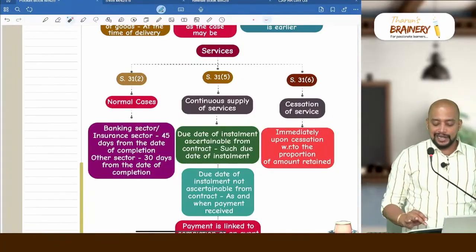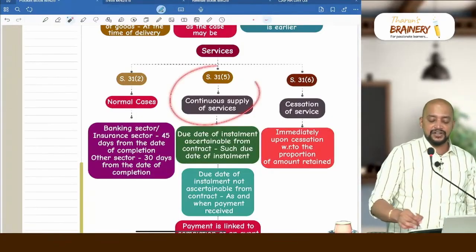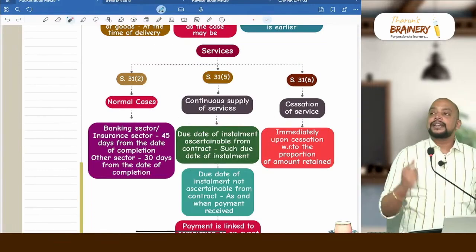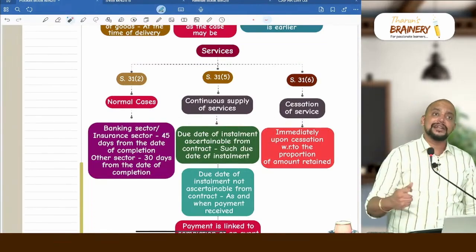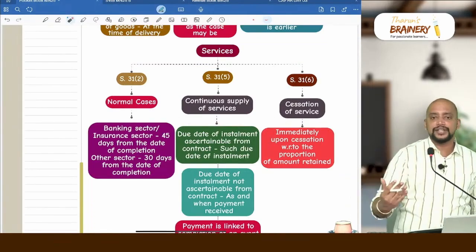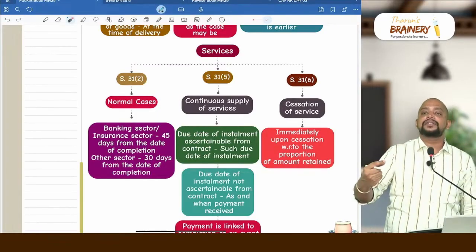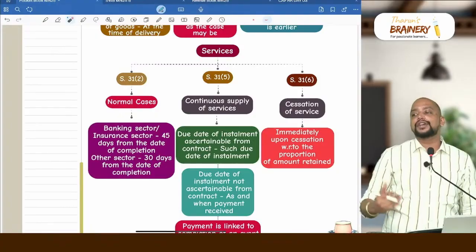Then in case of services, we have section 31 subsection 2, subsection 5 and subsection 6. Subsection 2 is normal cases. Subsection 5 is continuous supply of services. Subsection 6 is cessation of services. Cessation of services means abruptly stopping the service immediately after completion of a part of the service. Immediately after that cessation, they need to give the invoice with respect to the